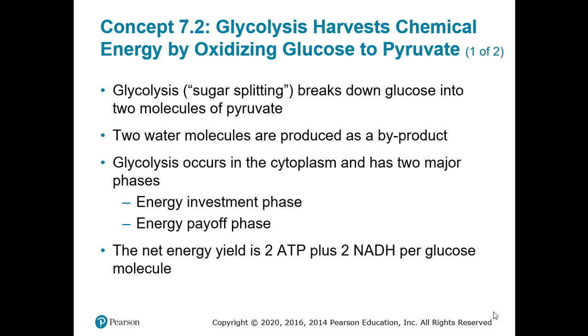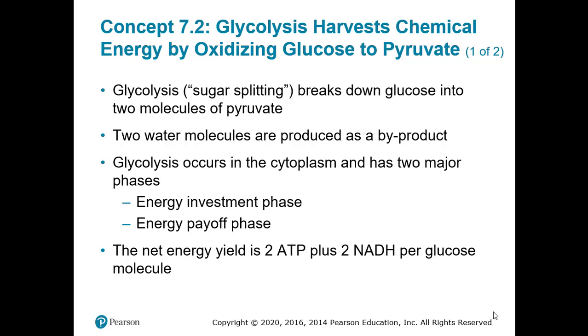You have the energy investment phase and, your book calls it the energy payoff phase. It's also called the energy harvest phase. Okay. So the net yield of energy here is going to be 2 ATP molecules plus 2 NADHs per glucose. Now, what we mean by net energy is you really make 4 ATP at the end of this, but in the energy investment phase, we got to put 2 energy in to start the process. Okay, so that's what that's talking about. So you need to know glycolysis has 2 major phases: energy investment, energy payoff, and the net yield, 2 ATP,